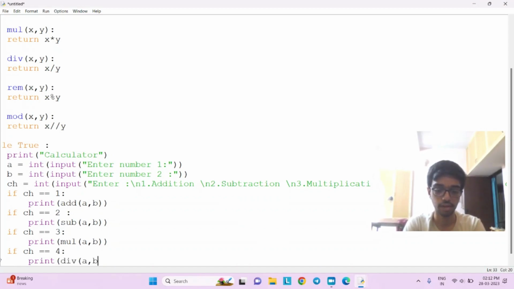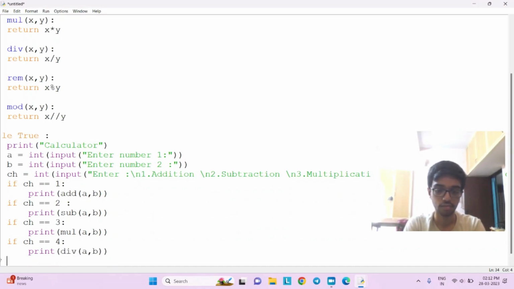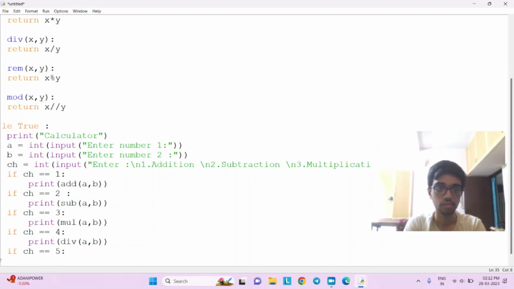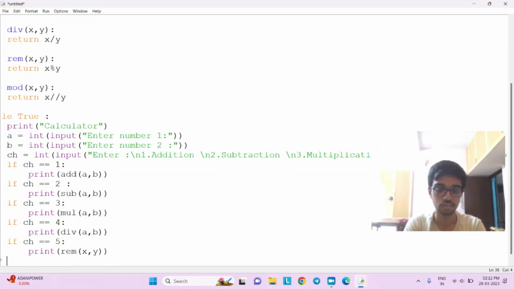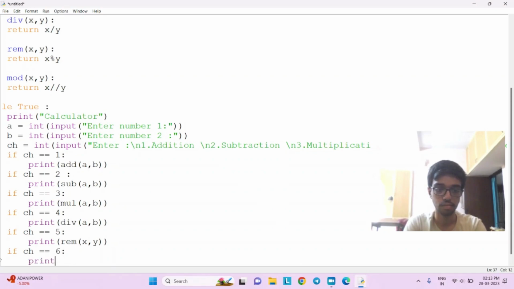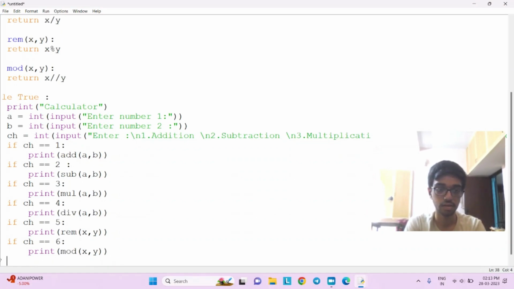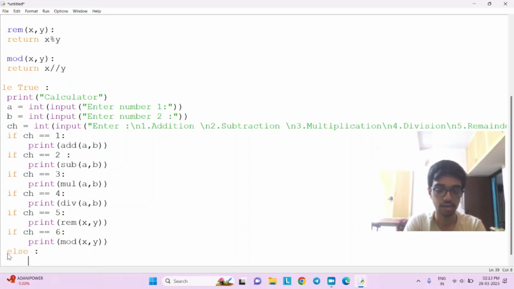Okay, so that's 6 choices. But if one of those conditions do not satisfy, I'll have to put something like else, which means do not continue the program if you put a different input.